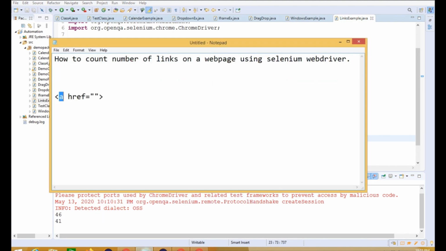One important thing that we have learned is that the links that are present on the web page start with the anchor tag A. So this is the anchor tag which is present in the HTML code. By looking at it, we can understand that this is a link. So we have to find the elements using the tag name as A.